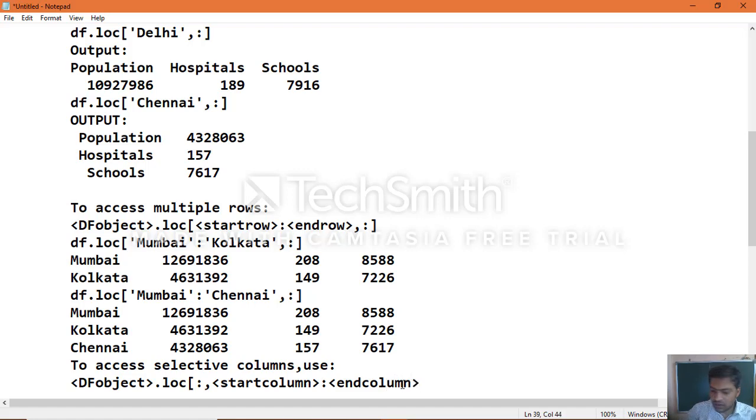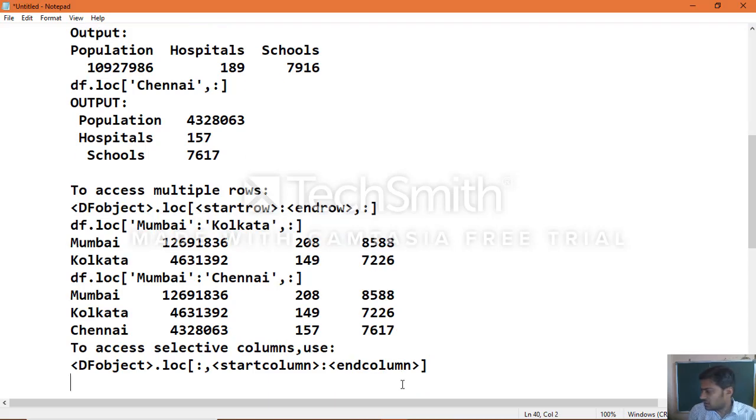See, earlier we saw the way to access the information of rows: first start row, end row, then comma and then colon. When you come to columns, first colon, comma, then start column and then end column. This is the syntax which you need to follow. So this colon must be there before the start column label name.